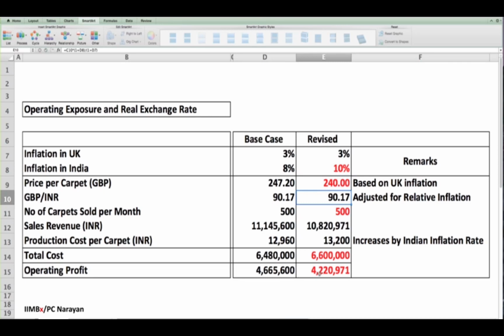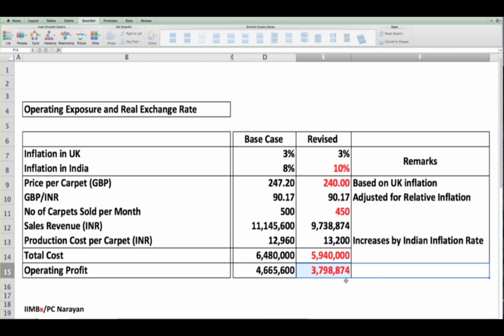Now you will see that the profit margins of the Indian exporter, obviously as a result of the reduction in the price per carpet, goes down from 4.54 million to 4.22 million. Furthermore, again, let us say for competitive reasons, the volume that he can sell to the British importer goes down to, shall we say, 450. That means a 10% reduction